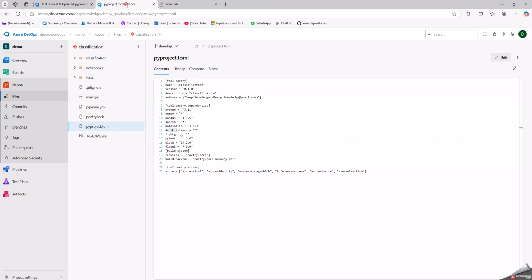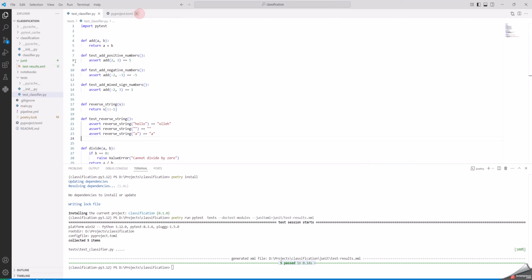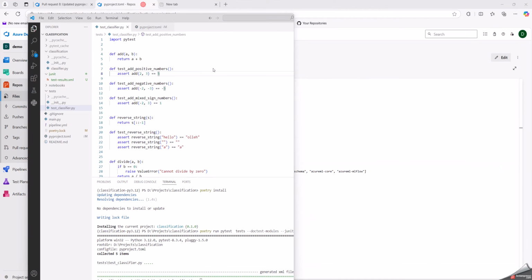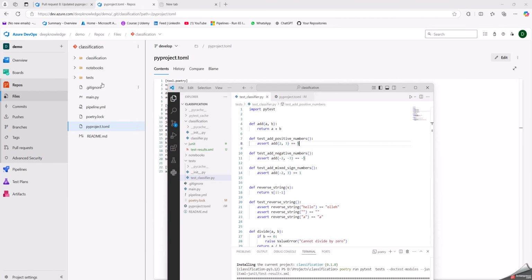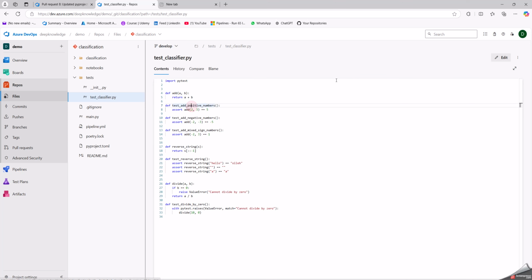Now let's try to change the test cases. Let's see if we can do it here in code or from the website. I mean, we can see here. Let me just change this one. I will make it this number here. 2 plus 3 is 52, which is wrong. So if I commit this,